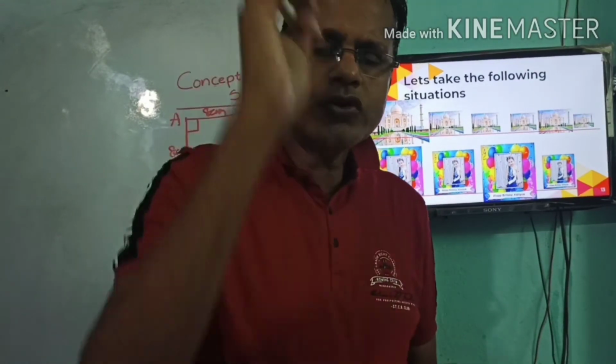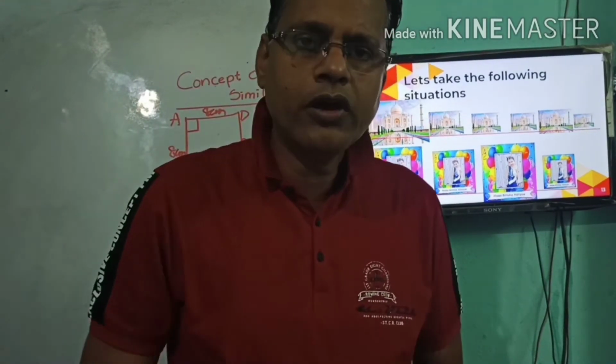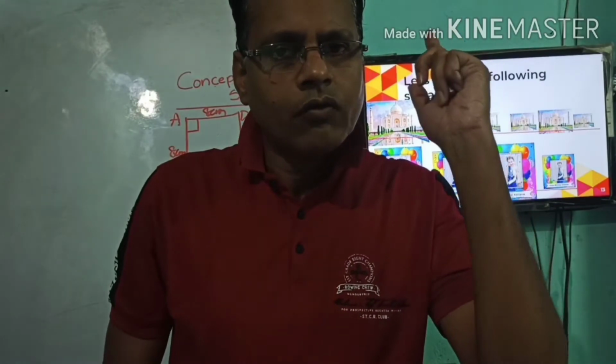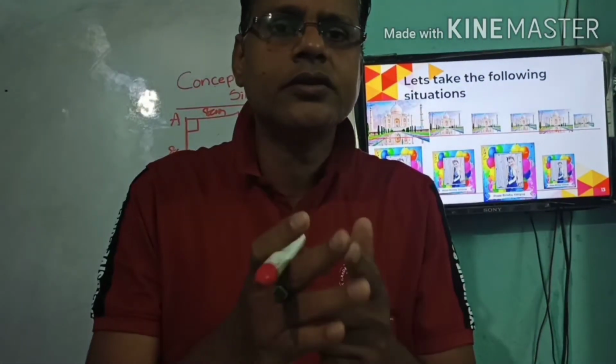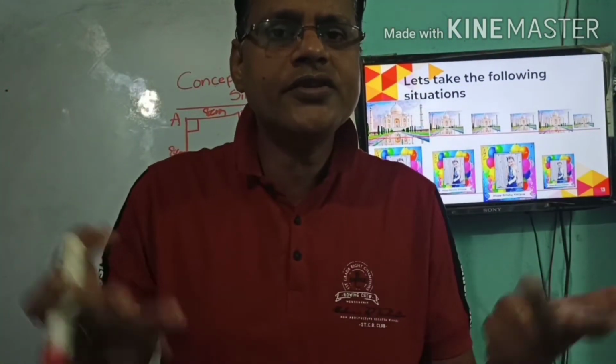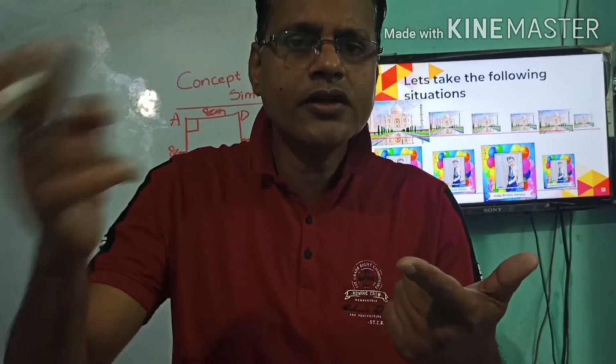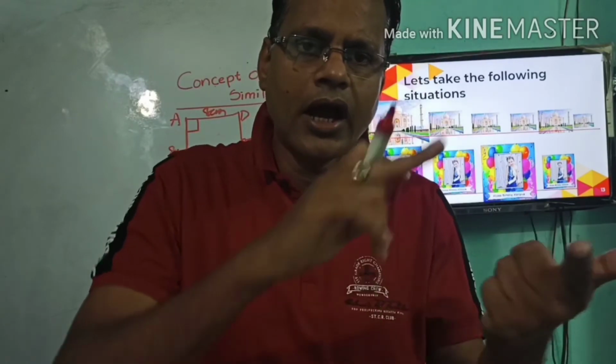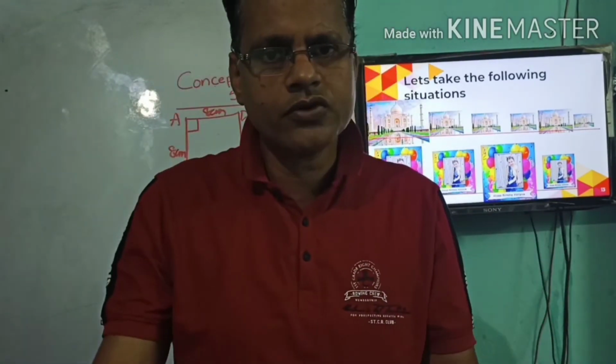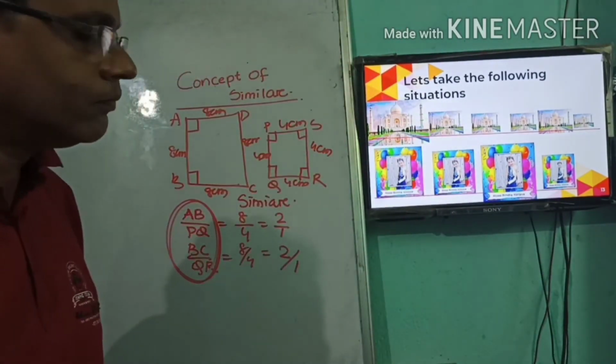That will be the most important criteria for your polygon. That is your what? One is your what? Angles may be equal, sides may be proportional. In congruence, angles are equal, sides are equal. In similar, angles are equal, sides are proportional. Then come to the next clip, you see.